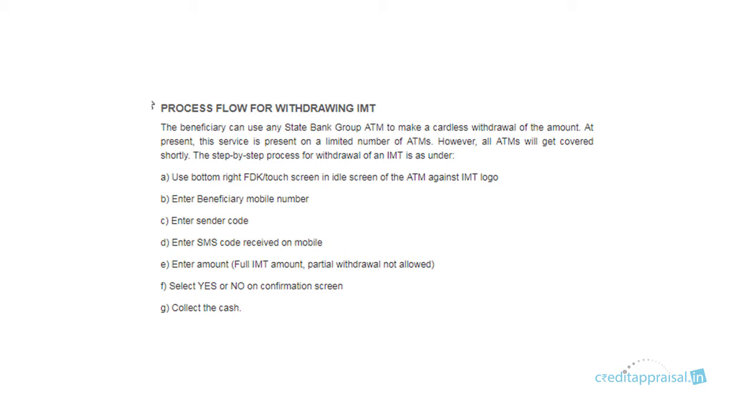So there are two codes here. Remember, one is the sender code, another is the SMS code. When you do a transaction, you will give the 10-digit mobile number of the beneficiary, and then you will enter a 4-digit sender code. This code you have to share only with that person, because if any other person comes to know it, he can draw the money. So that 4-digit sender code you will enter in the ATM, and you'll share it with the receiver. Once the transaction is completed, the bank will send an SMS to the other person. A 4-digit SMS code will be sent, and the transaction will be completed.